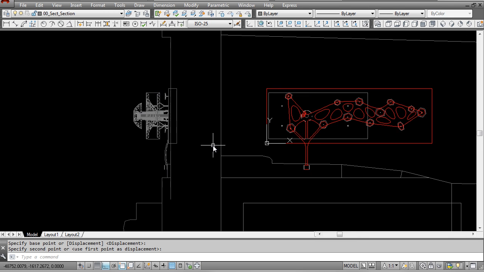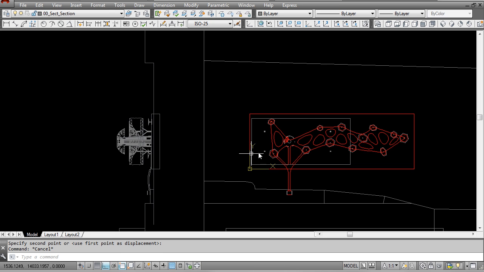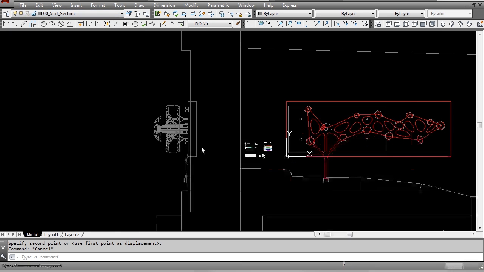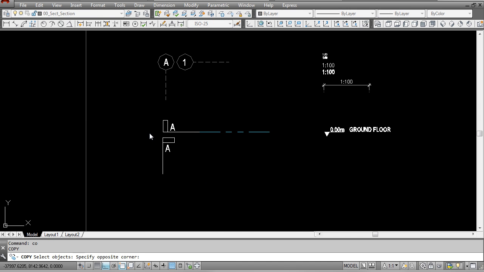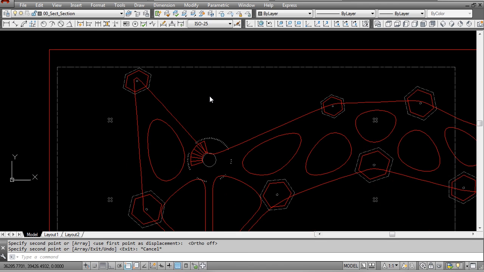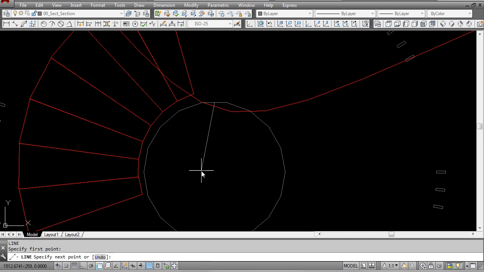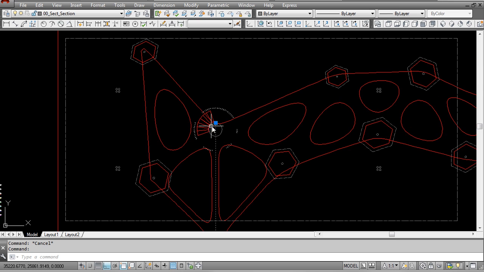So the first thing that I'd like to mention is that right now everything is lined up correctly with our plan. Since the section is cutting through here, let's also add a section line onto our plan, just so that we know exactly where we are cutting this section. So I'm going to take this line over here, and I'm going to copy it across, and I'm going to draw a line for myself which is going to basically be in the center of this circle,